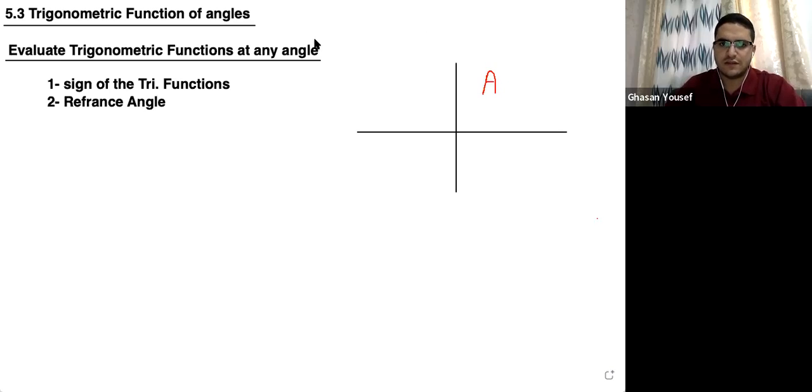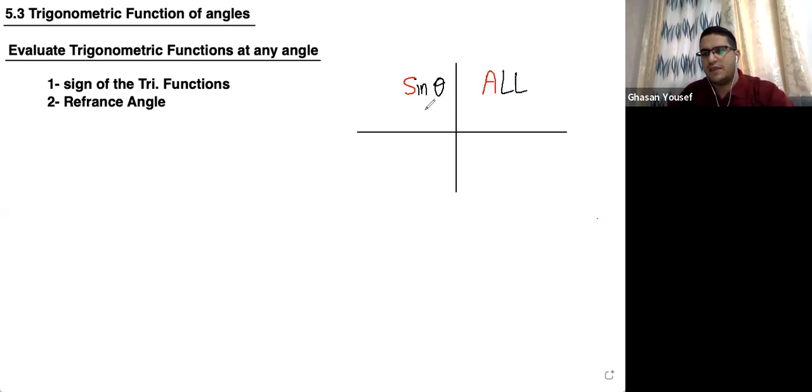In the second quadrant, the only function that is positive is the sine function. If the angle is in the second quadrant, the sine function is positive, and the other functions